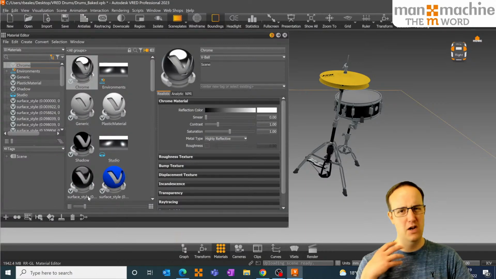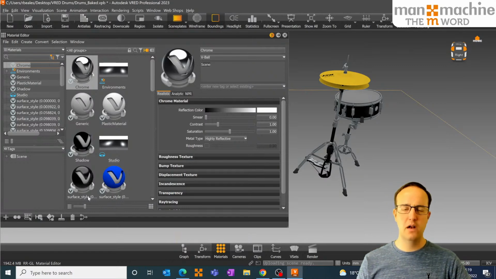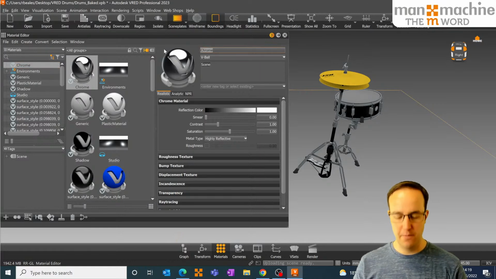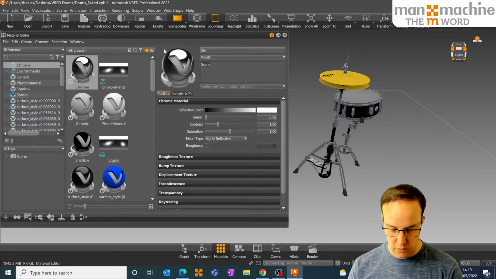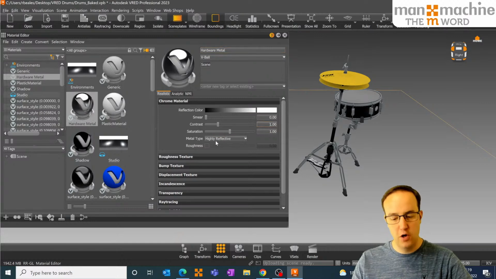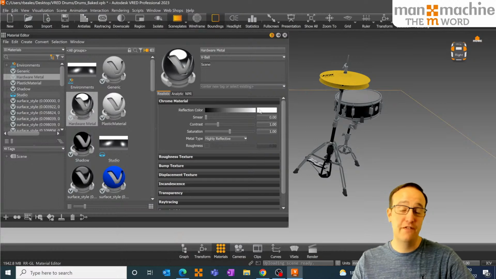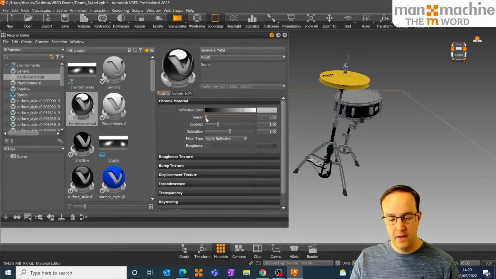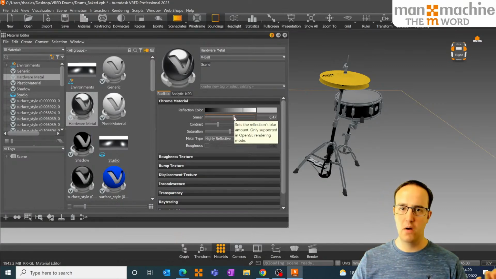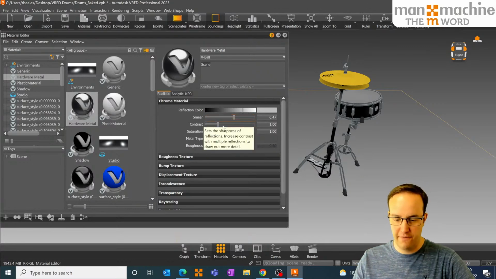By default, that will come in and look really shiny, which I don't want. I don't want an overly shiny model here. So I'm going to change the name of that. Rather than chrome, we're just going to call this hardware metal. I want to preview that on a ball here. And then I can come down and start changing some of the options. So we've got a reflection color. Obviously, the higher the white value, the more intense that's going to be. So I'm just going to drop that down a little bit. And I'm going to up the smear, which will just make the chrome less mirror-like and more fogged if you were to look at it from a